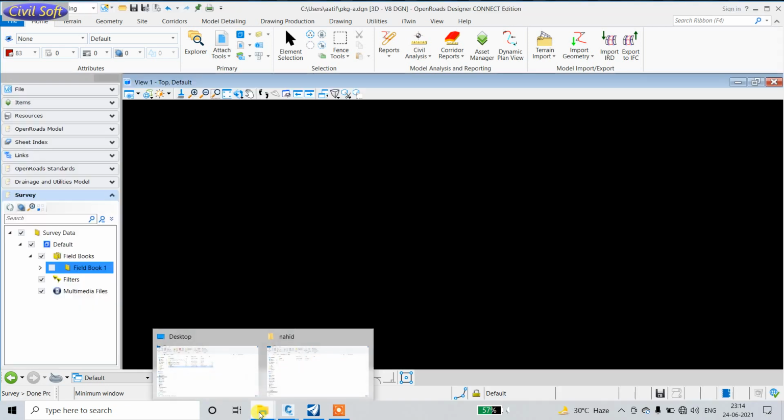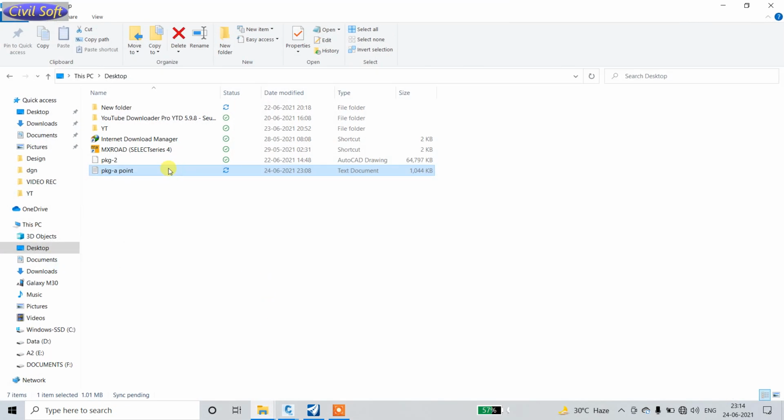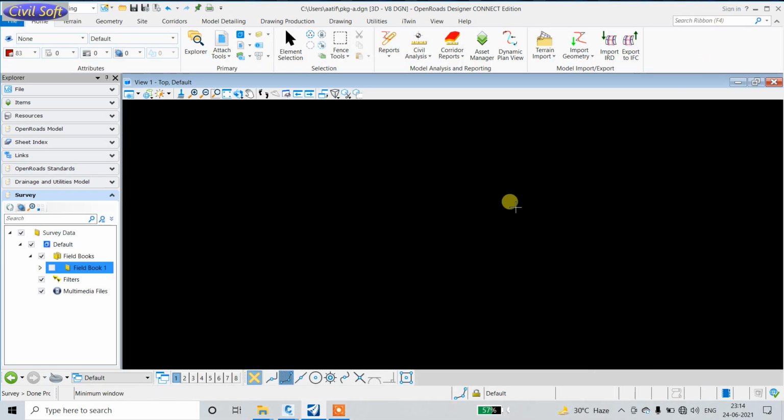See here, in text format it's approximately 1 MB, so it's taking time. Very large survey data size. So it's loaded. Here are all the points. In InRoads it's also saved in this manner, connecting all the points together, and in OpenRoads the same way. Now I will save this file.